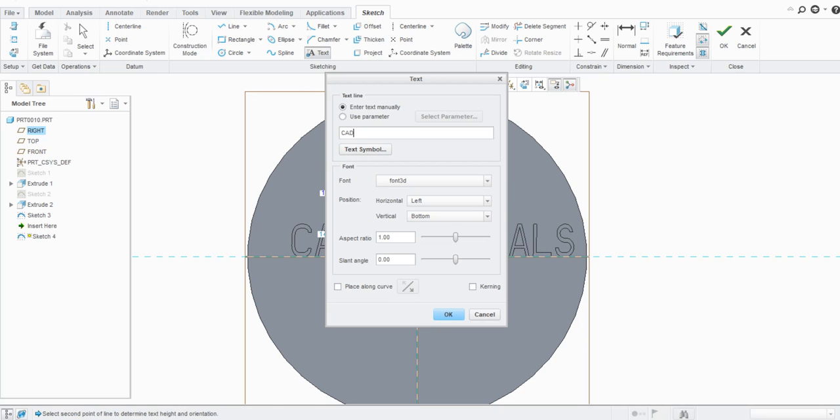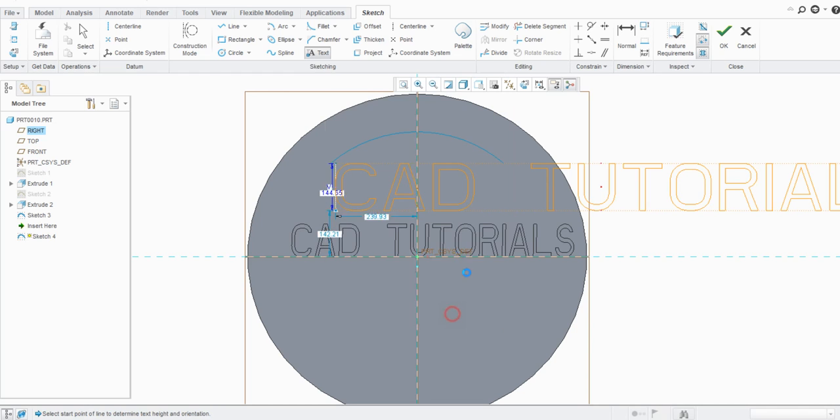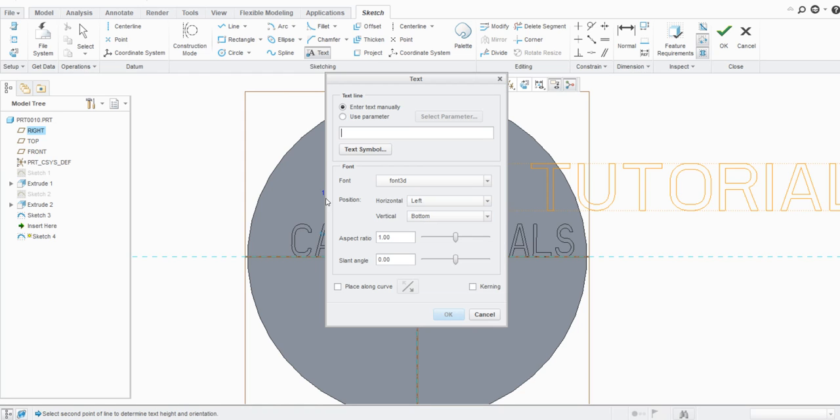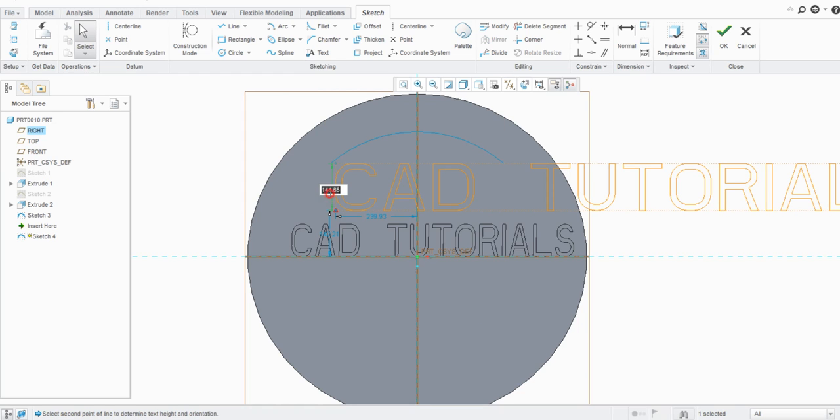So just add CAD tutorial. Okay, so I will keep everything as it is. Just I will adjust the dimension here. Let's keep it to 100, and again this one to 340. Again reduce this,